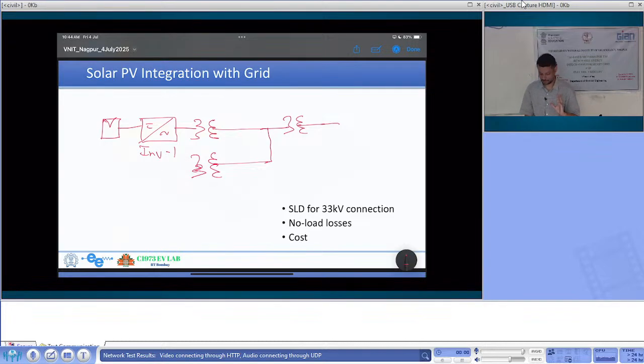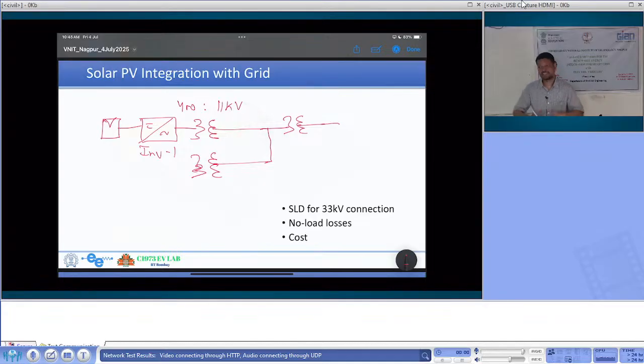Similarly, there is another set of solar panels connected in series and parallel feeding to inverter 2, which is below inverter 1. Inverter 1 produces 400 volt. Inverter 2 also produces 400 volt, right? A few of the inverters will connect together and their voltages will be stepped up from 400 volt to 11 kV,